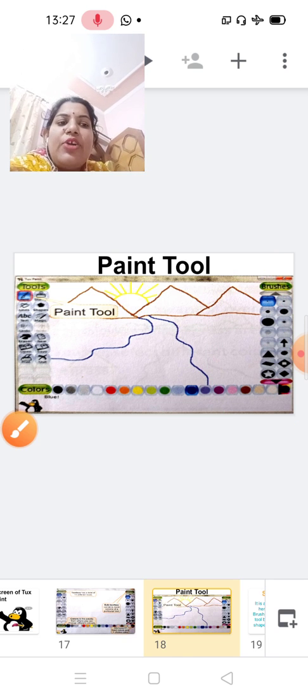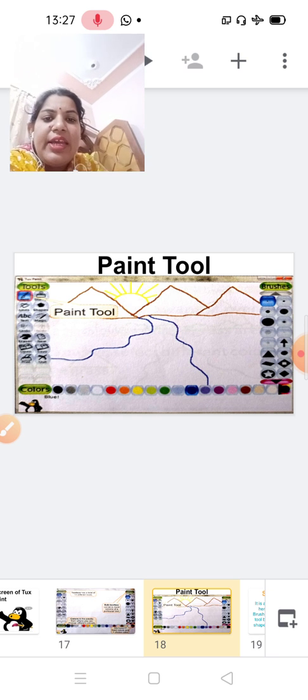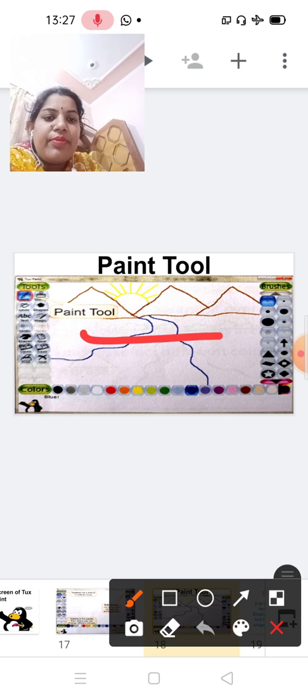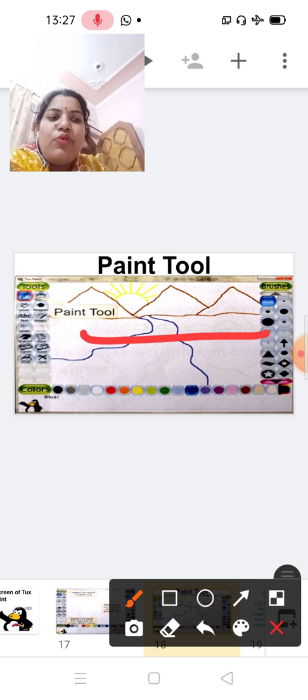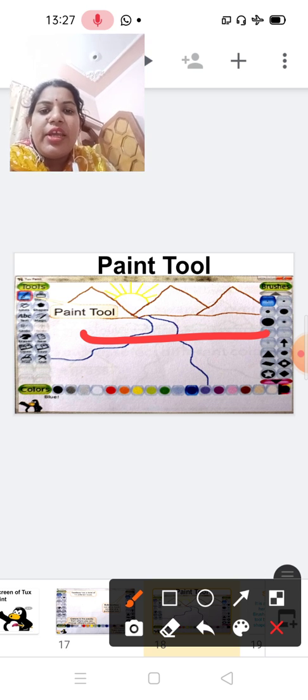Now let's start drawing a scenery using the paint tool. First of all, bring the mouse pointer to the drawing area here. The shape of the pointer changes from a hand to a paintbrush.